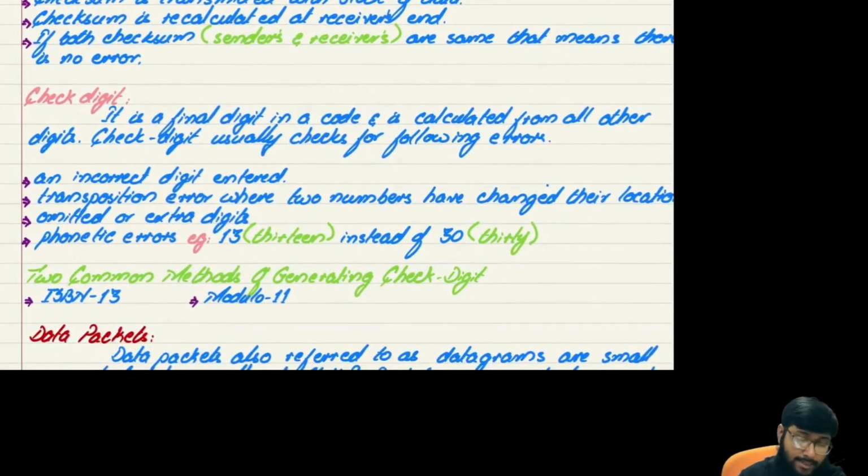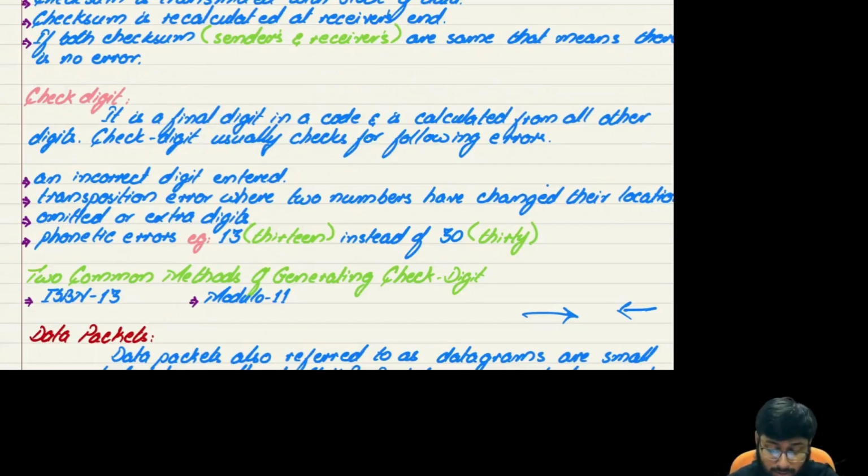Coming to the next part, that is the check digit. Do remember that check digit is mostly applied over an ISBN number. You may call it the barcode as well. It is applied over barcodes, and the last digit in the barcode, from the right hand side, or the first digit from the left hand side, is known as a check digit. It's an extra digit that is utilized to check whether the data that has been transmitted is correct or not. Now what are the errors a check digit can check? Incorrect digit entered,